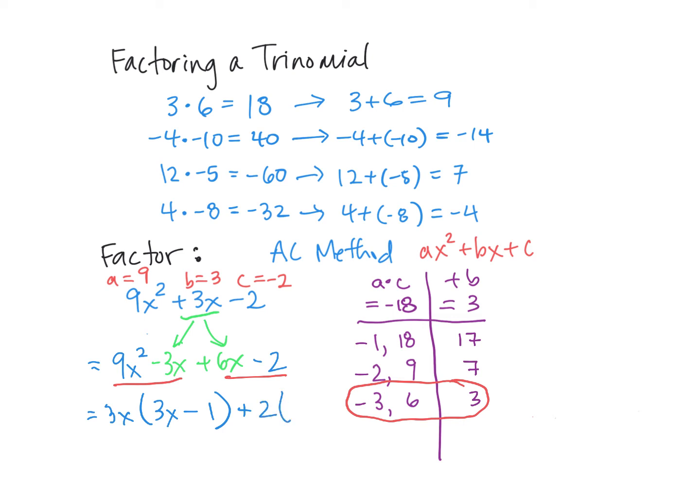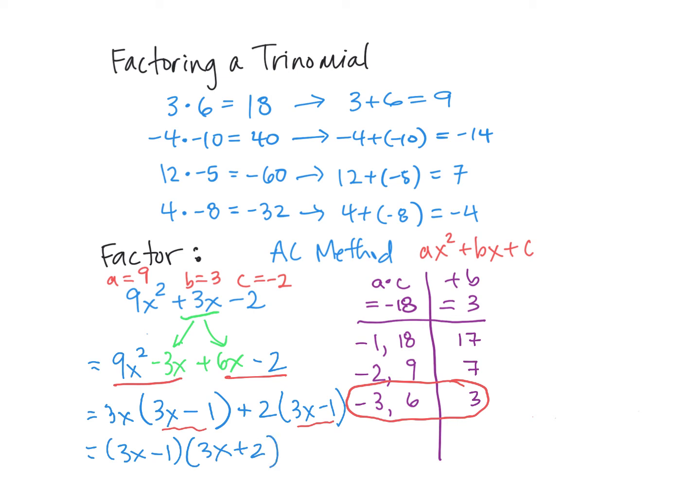So if I divide 6x by 2, I get positive 3x. Negative 2 divided by positive 2 is negative 1. I check my parentheses: 3x minus 1 matches 3x minus 1, matchy matchy. So 3x minus 1 is a GCF that I can pull out front, open up a new set of parentheses. What's left behind? The other 3x